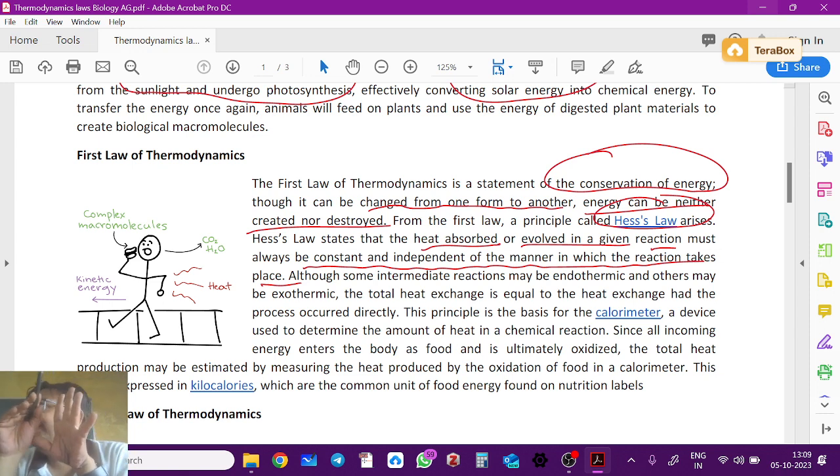Whether you give an enzyme, what does an enzyme do? It reduces the activation energy needed. So that initial activation bump, which is higher, is lowered by the enzyme. So even if you use an enzyme, however the reaction takes place, whether you give it an enzyme or not, the product energy will be the same. It will have this much amount of energy, and the substrate will also have this much amount of energy.